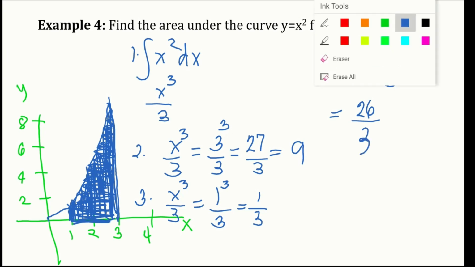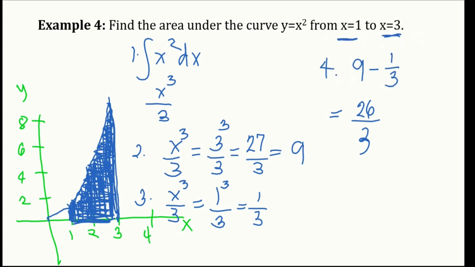And this is now the final answer. But since we are looking for the area, and area is expressed in terms of square units, we have to put the units, squared units,